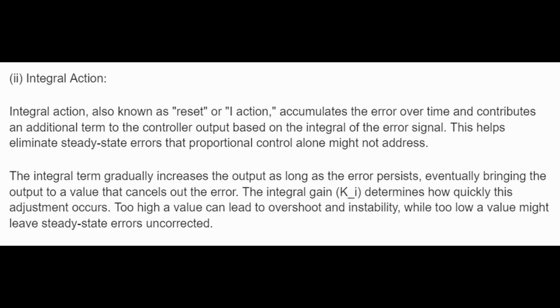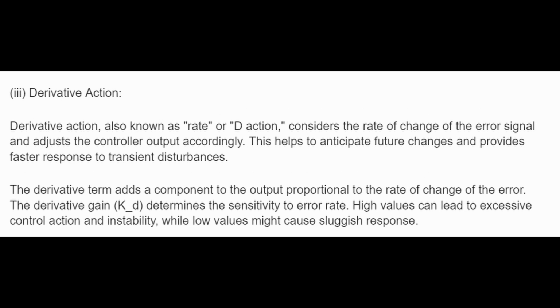The integral gain, Ki, determines how quickly this adjustment occurs. Too high a value can lead to overshoot and instability, while too low a value might leave steady-state errors uncorrected. 3. Derivative action. Derivative action, also known as D-rate or D-action, considers the rate of change of the error